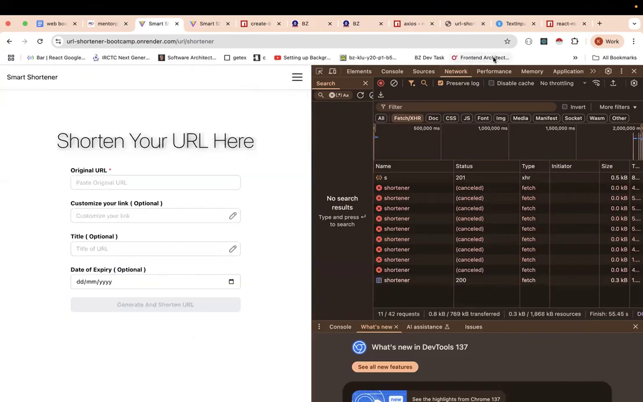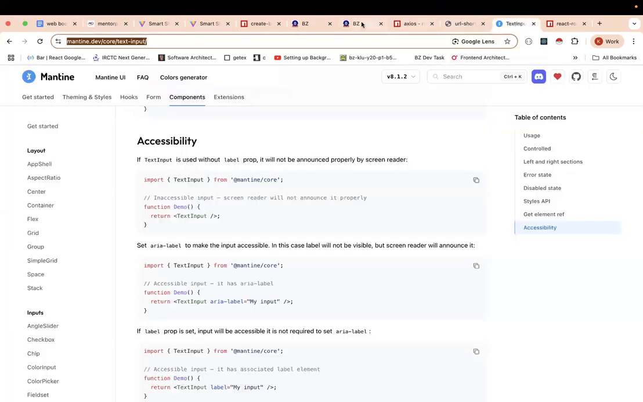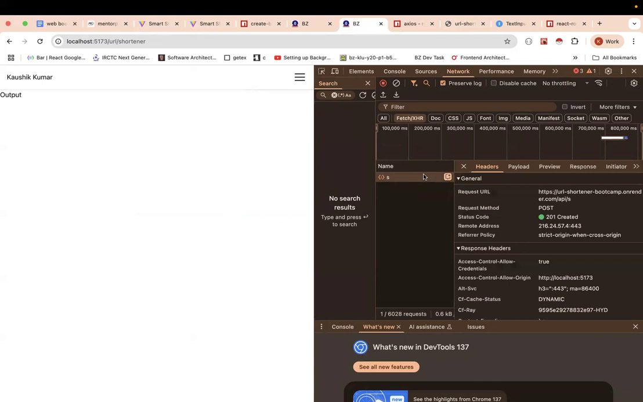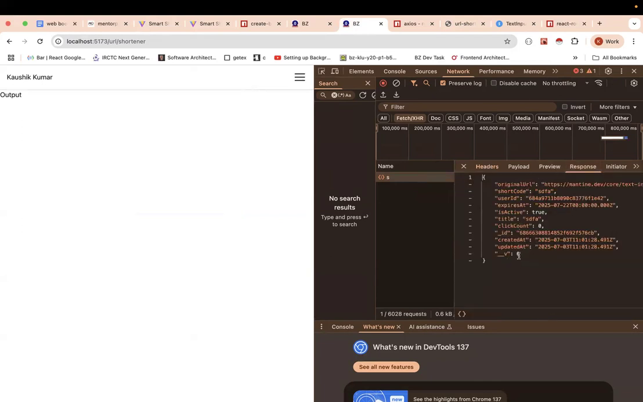It's working perfectly. So let's go back here, and okay, you see that we got output. That is why it is showing output. We have put the conditional rendering. Now here we have a short URL,